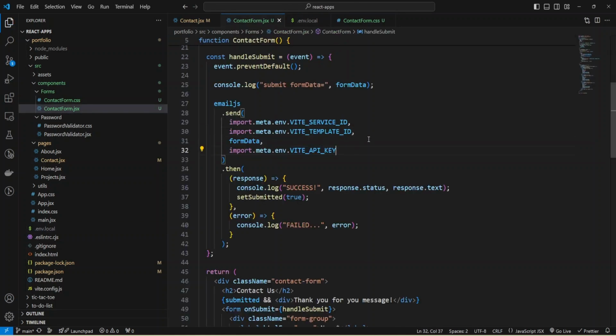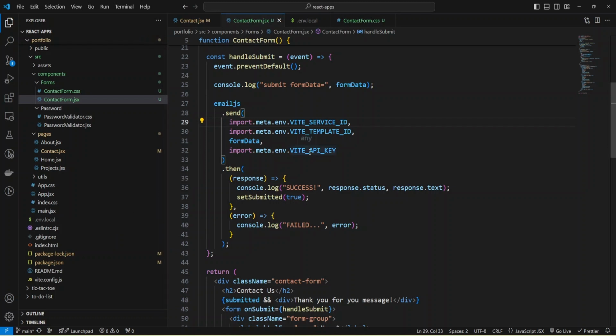Okay, and why do we need it? We need it to keep our credentials inside our local file and to keep them private and not share them in public code repositories. This env.local file will not be stored in GitHub. And when you deploy your application, you can specify other environment variables for your production build or test build. So the main goal is to keep these variables private.